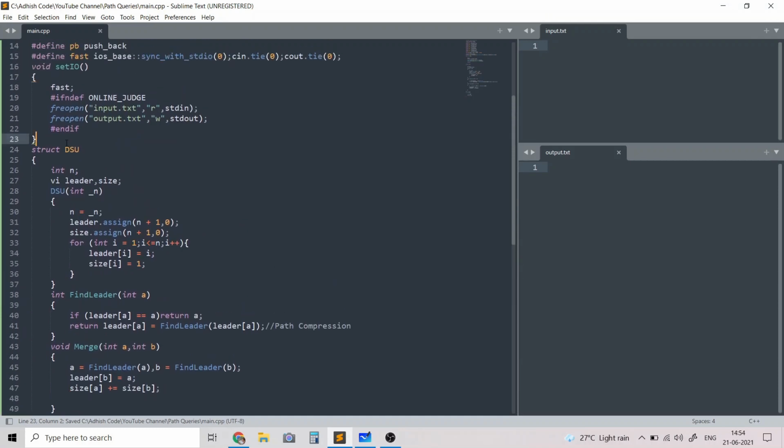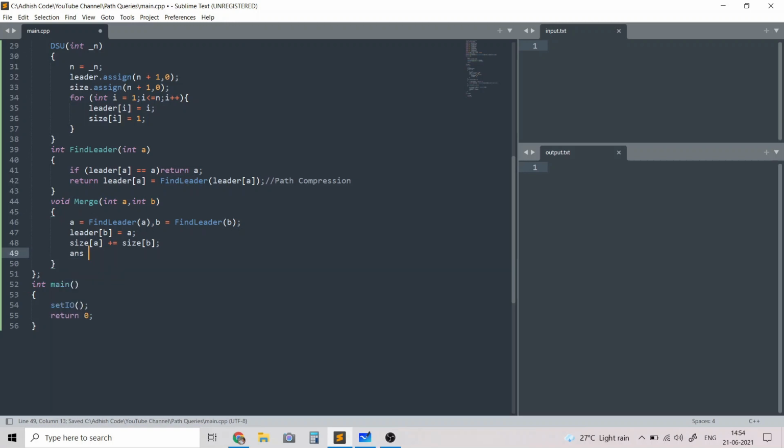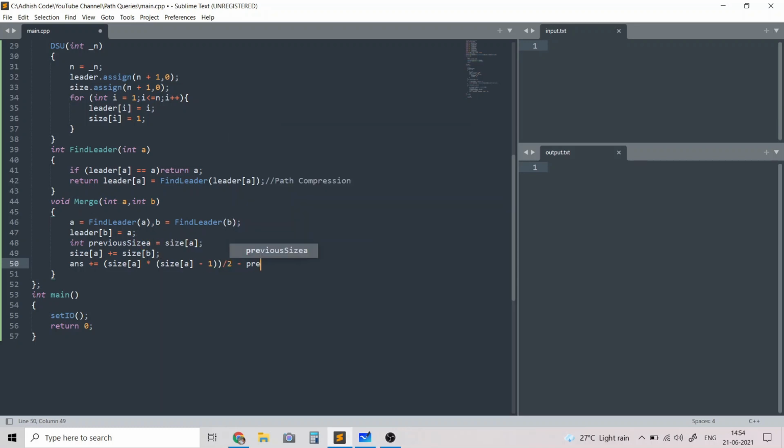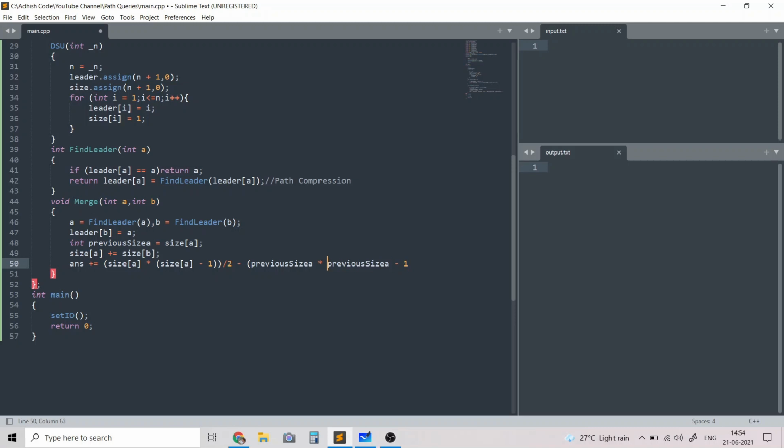We also need to keep track of the global variable answer. The answer will be increased by size of A choose 2, which is size of A into size of A minus 1 by 2, and it's going to decrease by the previous size of A. So let's keep a variable previous size A to be size of A. So the answer will decrease by previous size of A choose 2, and minus further the size of B choose 2,